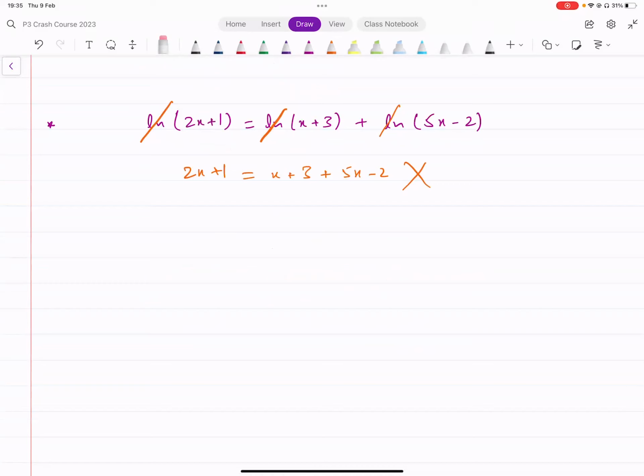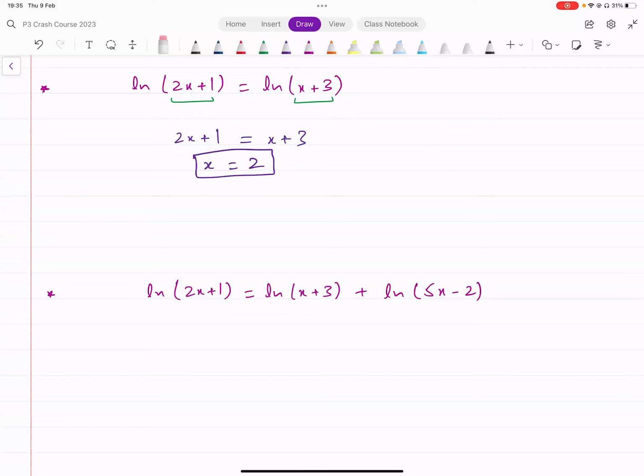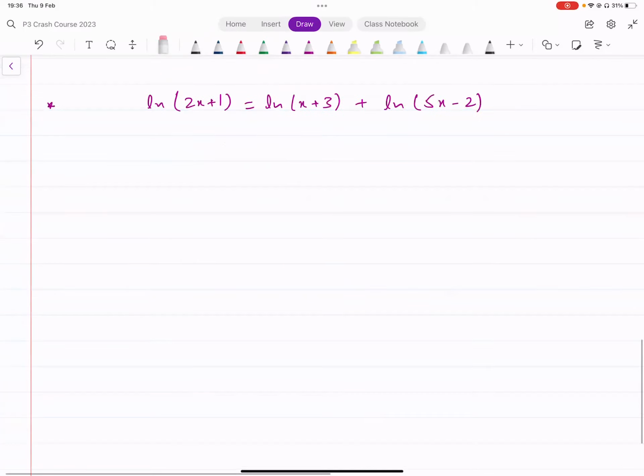What you'll have to do is convert both sides to a single log. In the previous example, we had a single log on both sides. We had ln of 2x plus 1 on the left side and ln of x plus 3 on the right side. If we can convert it to a form like that, such that we have one single log on both sides, we can just equate whatever is inside those logarithms. Okay. Now, in this example,